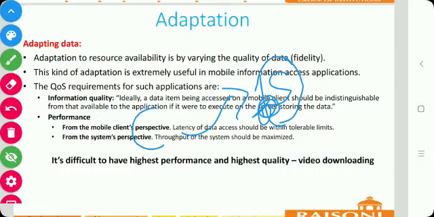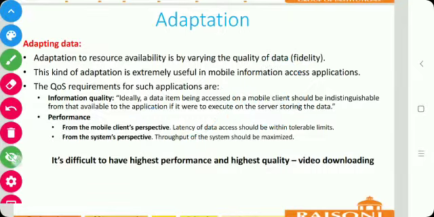So what is fidelity and agility? Data fidelity has many dimensions depending on its type. Means there are different types of data like video data, spatial data, telemetry data. So this fidelity is different for the different types of data. And what is agility?